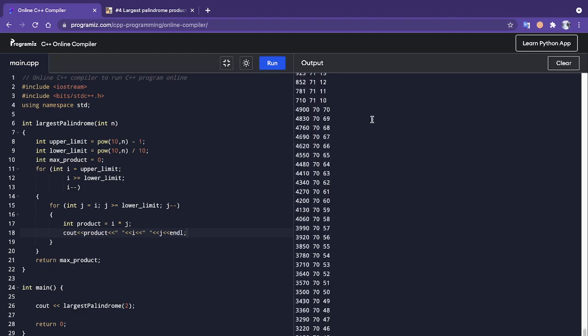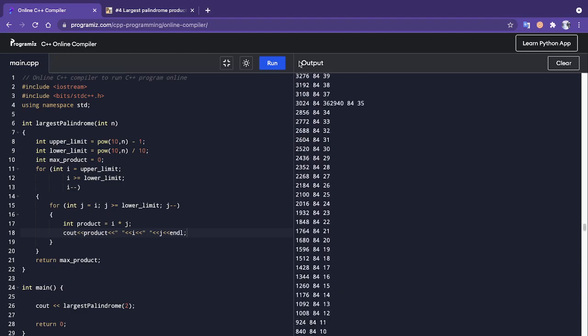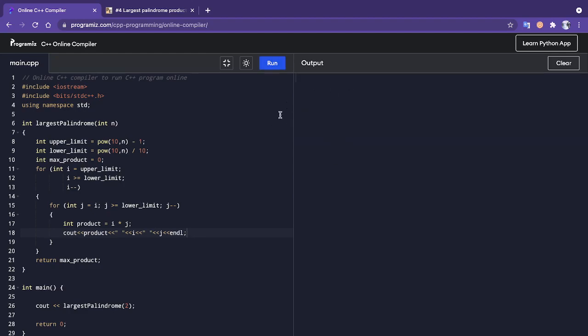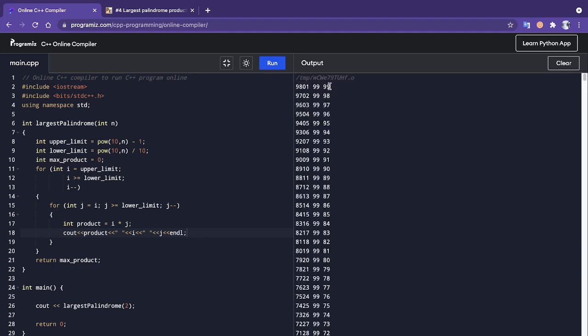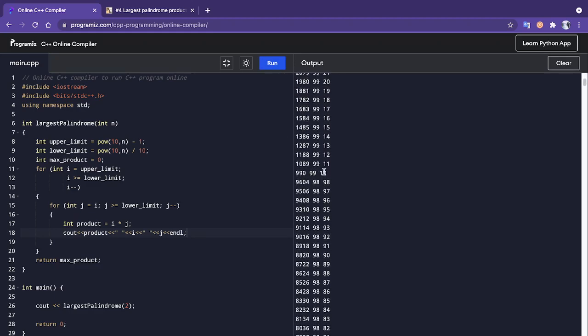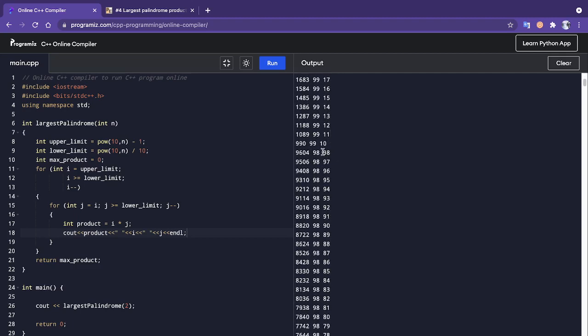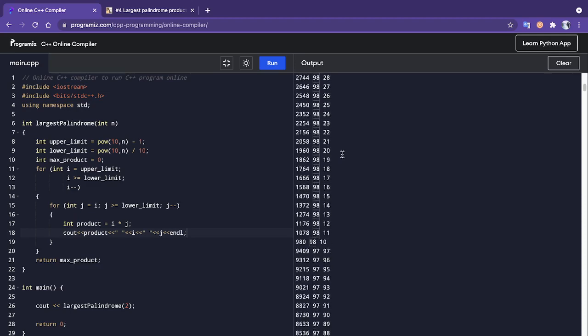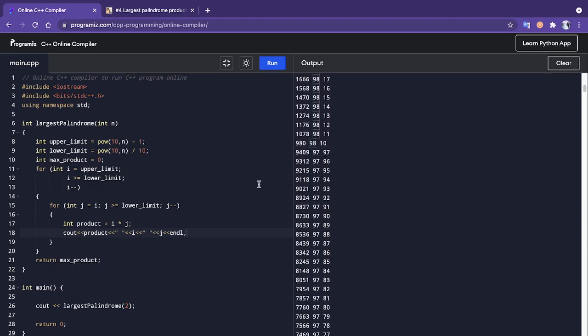Here you can see how it runs. i is 99, j is 99. Now i stays 99 till j becomes 10. Here you can see j is 10. Then i is 98 and j is 98, and j will decrease up to 10.